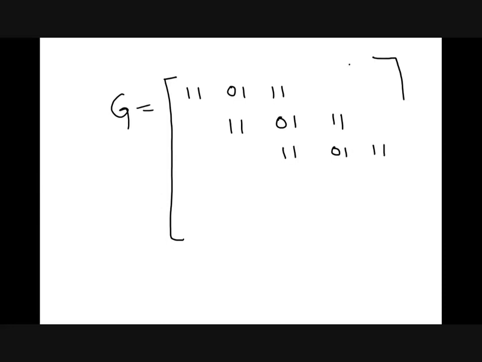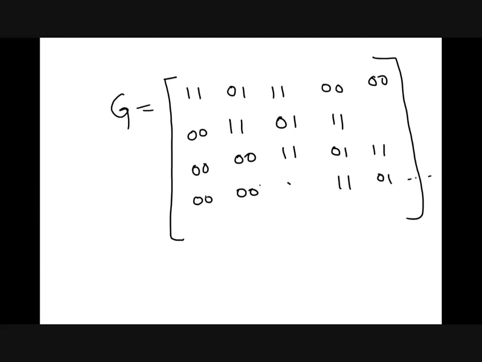And so on, it will be repeated again and again. The number of bits we have to multiply, we have to write that many times of this. So all these left out components will be 0, 0. So don't worry about that. This will be also 0, 0. This will be 0, 0. This will be 0, 0, and so on. Next time I will start from here: 1, 1, 0, 1, and so on. So this will be 0, 0, 0, 0, 0, 0.